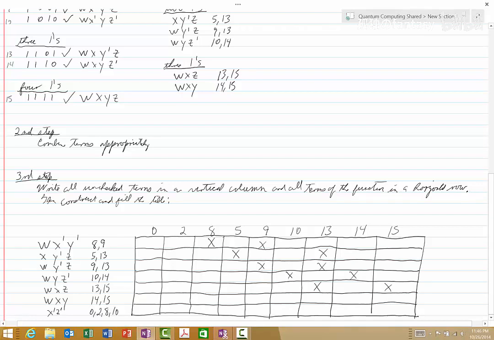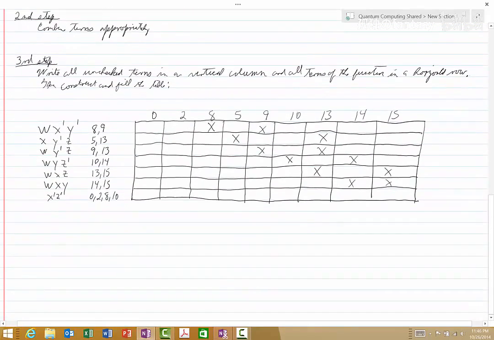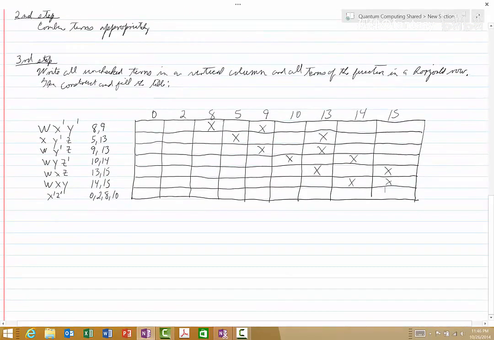The next one is 14 and 15, so 14, 15. And then the last one is 0, 2, 8, and 10. And that completely takes care of our table. And then the final step,